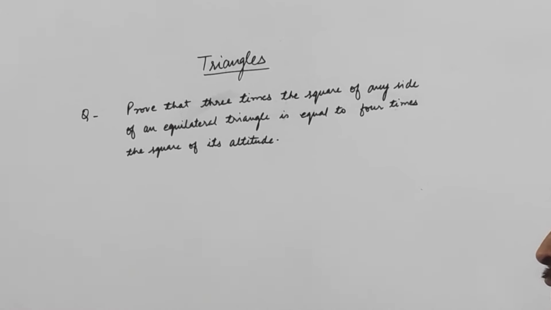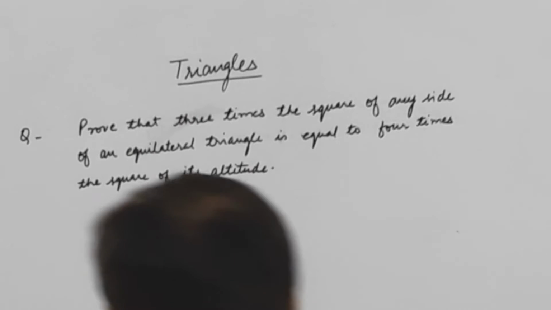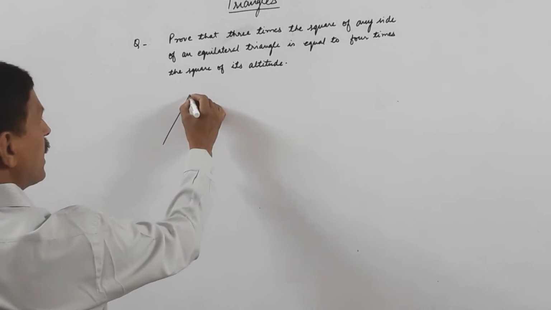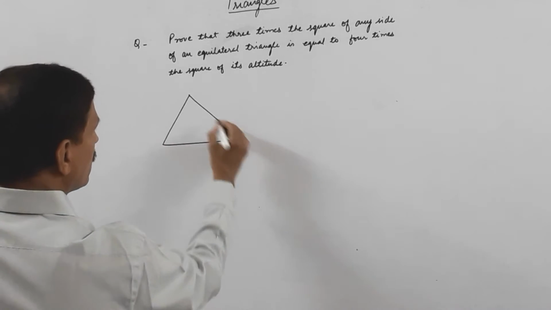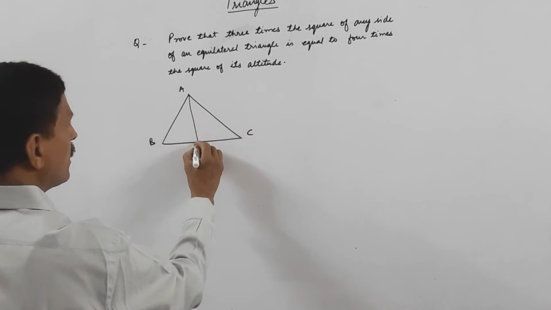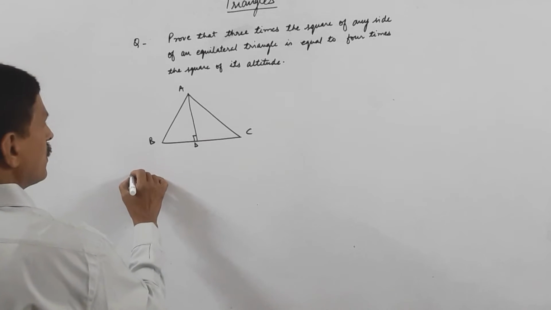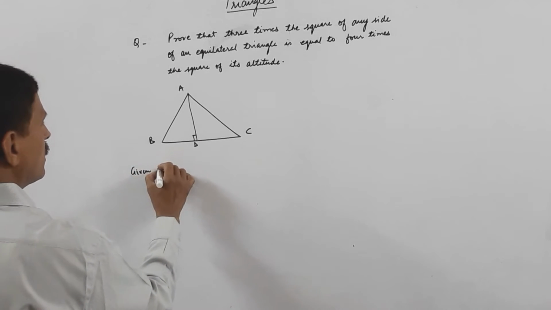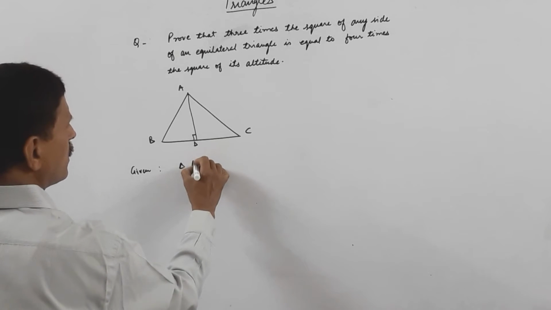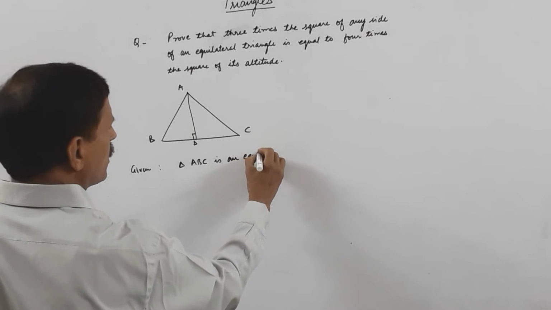In the next question, we have to prove that 3 times the square of any side of an equilateral triangle is equal to 4 times the square of its altitude. So we are given an equilateral triangle ABC and AD its altitude. So given triangle ABC is an equilateral triangle,